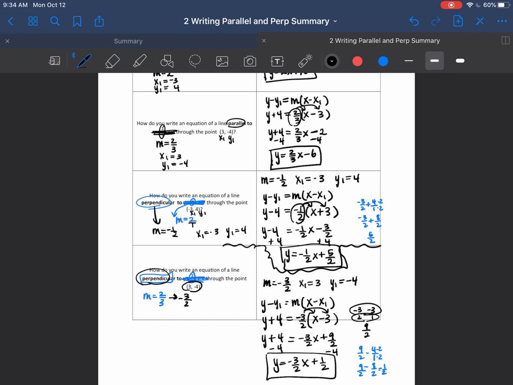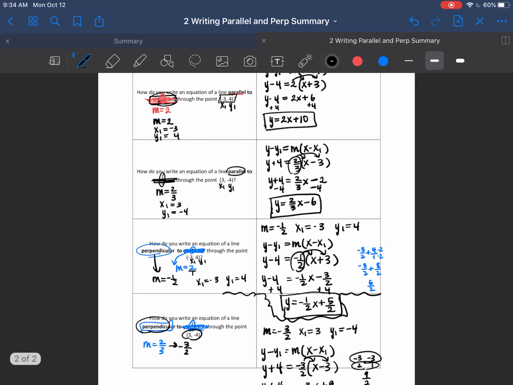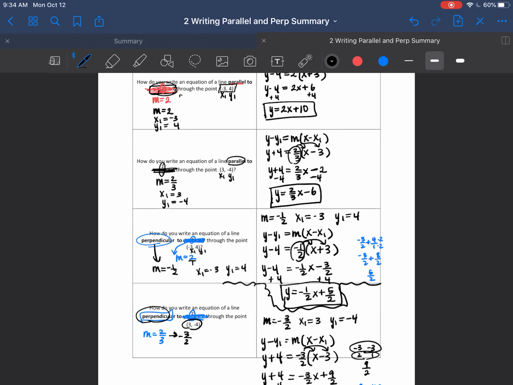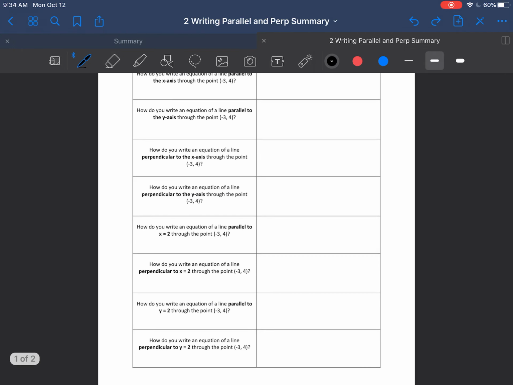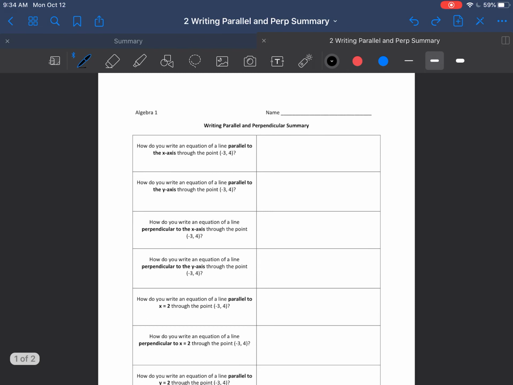Okay, so that's how you write parallel and perpendicular lines. They're going to give you a line, and all you need is the slope, and then you ignore it, and then you use the given point, and you use that point slope formula to write your full equation and convert it. Okay, on the front, I skipped this because it's very different, because we are going to be dealing with